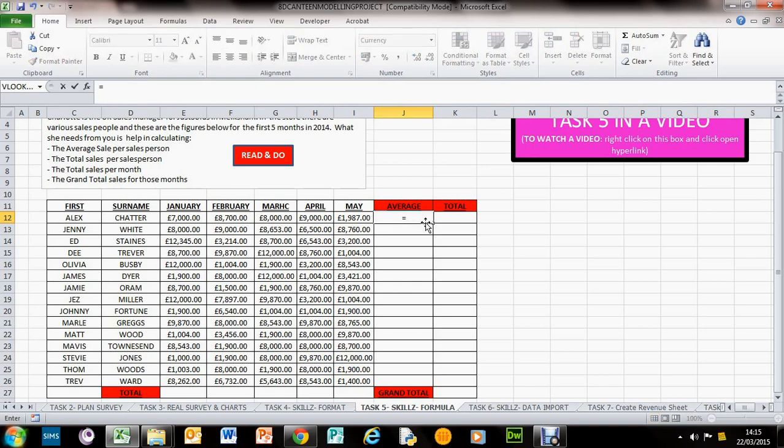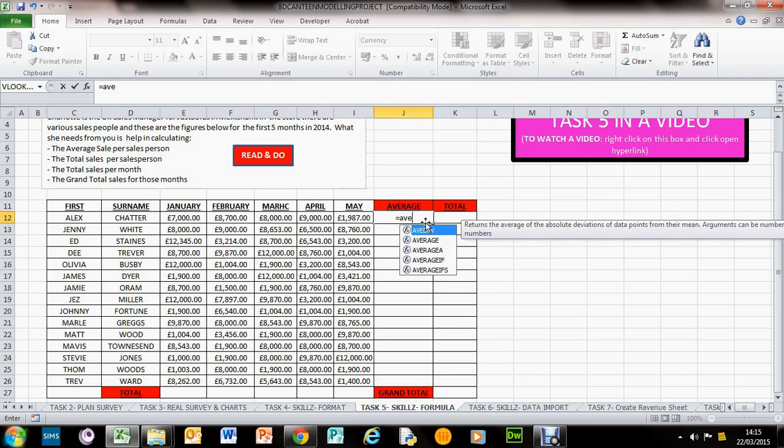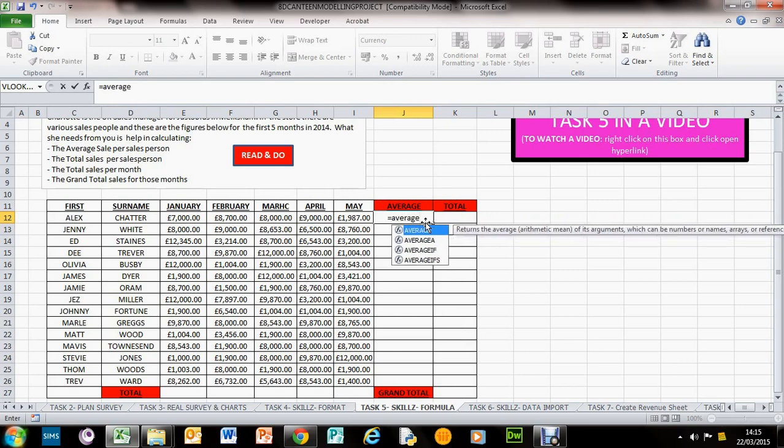So if I type in equals, in the first bit we want average. If I just type in AVERAG, it's bringing up something called average. Don't worry about what it does, but if you double click it, it's going to work out the average. So in this cell here, in J12, you're going to calculate the average. Now the next bit says number 1, number 2, and what this is asking is,